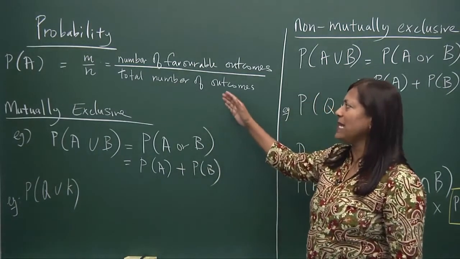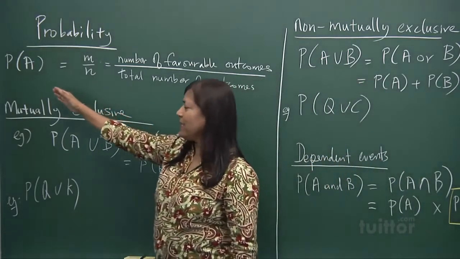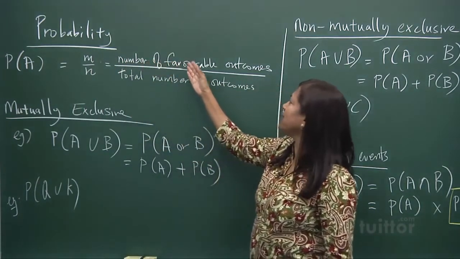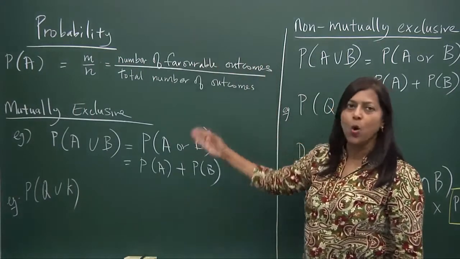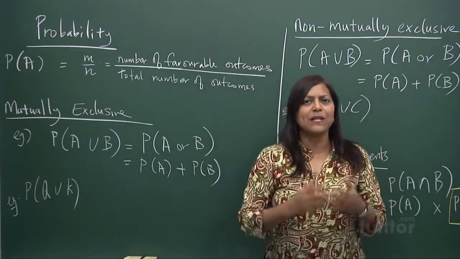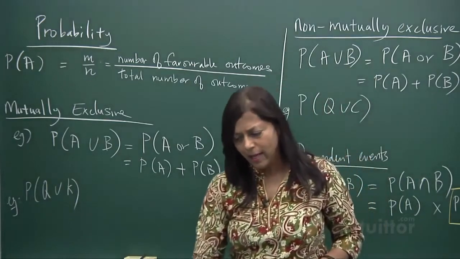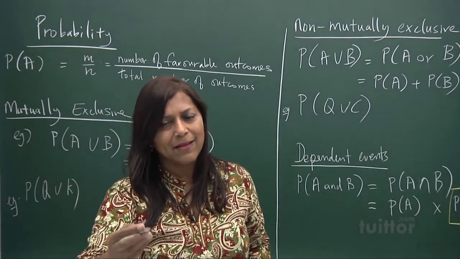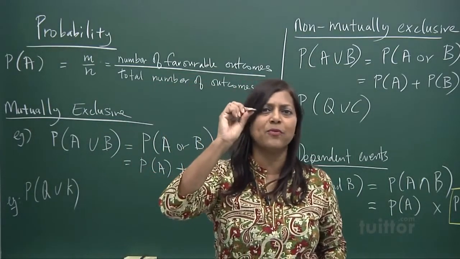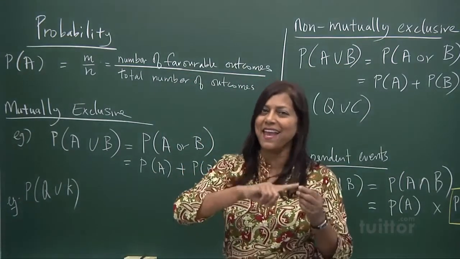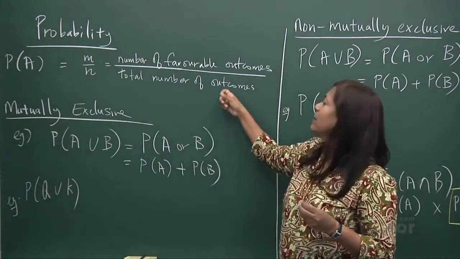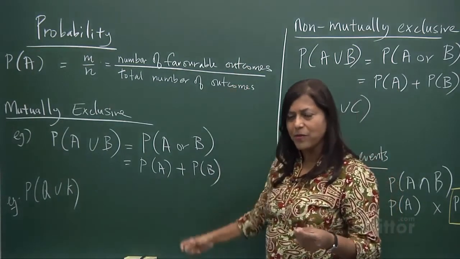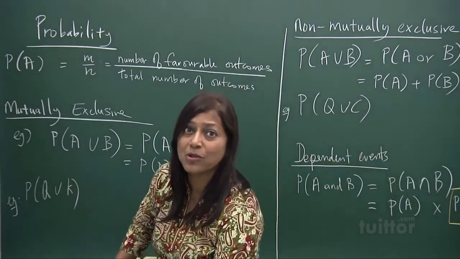Now when we talk about the probability of an event A occurring, event A, we put M over N, where M is the number of favored or favorable outcomes over the total number of outcomes. For example, look at a coin and I want to toss this coin. It's either a head or a tail. So what's the total number of outcomes for this coin? 2, yeah, head or tail. So that's 2. But the number of heads is 1. 1 out of 2.